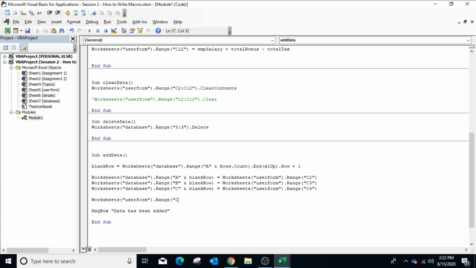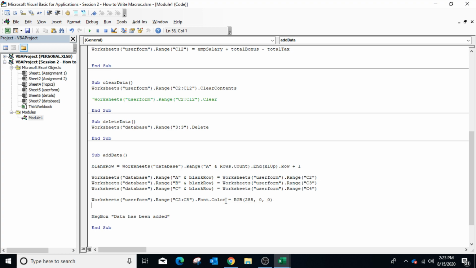So specify C2 colon C8 in double quotes dot font dot, the property is color, which is mentioned in RGB format, which has three arguments: red, green and blue. The value is in the range of 0 to 255. To change the font color to red, we'll mark the first parameter as 255, the rest will be 0, 0, comma.